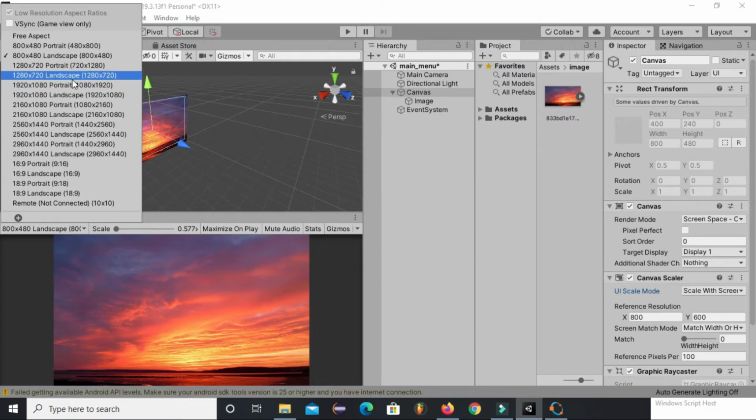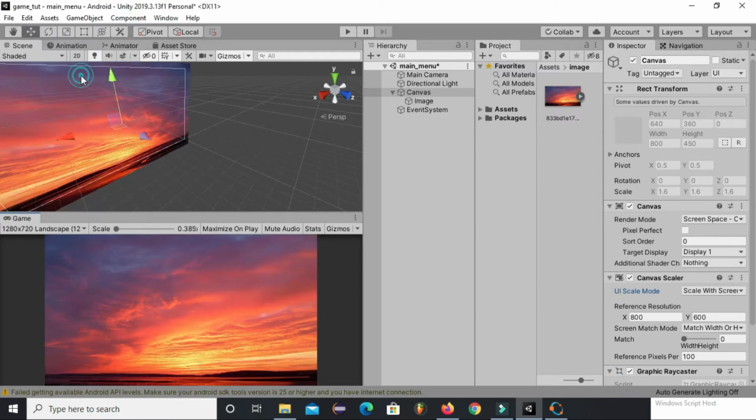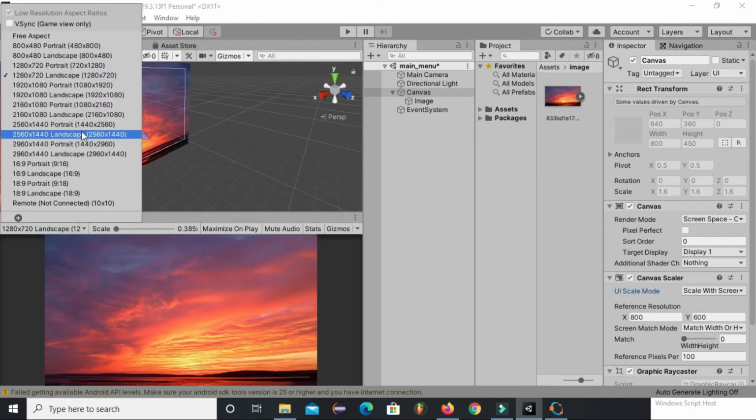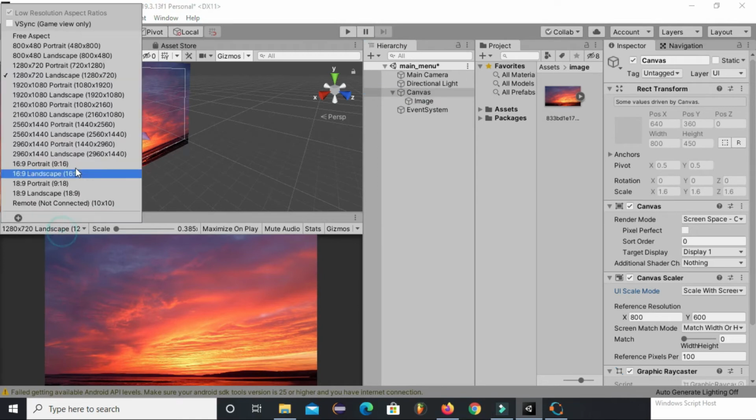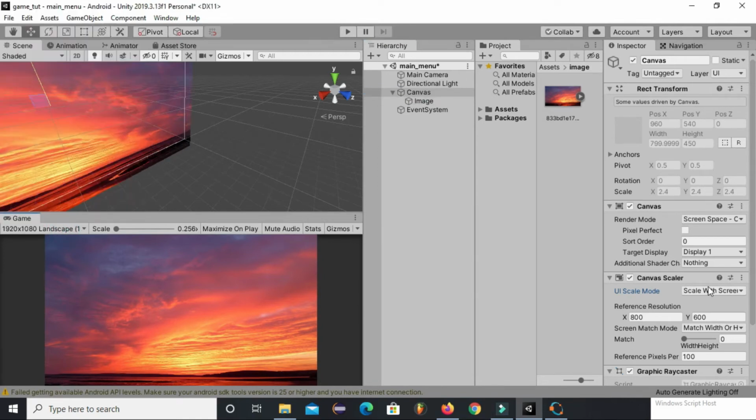But as you switch to a different screen size, the size of all the UI elements will get disturbed. If you want them to adjust automatically as you switch screen size, you have to set the scale mode to scale with screen size.